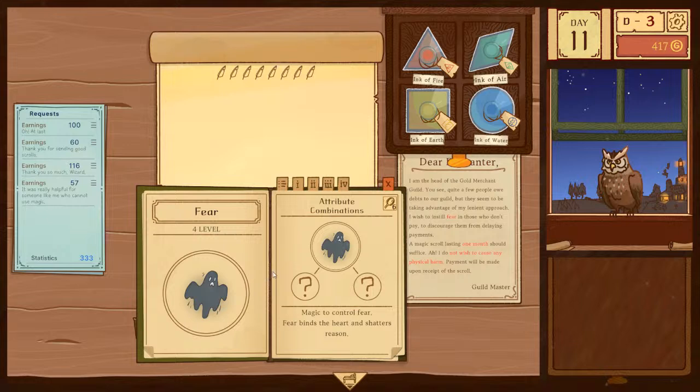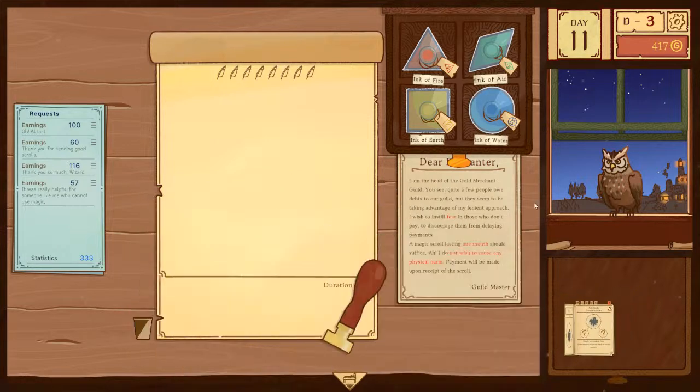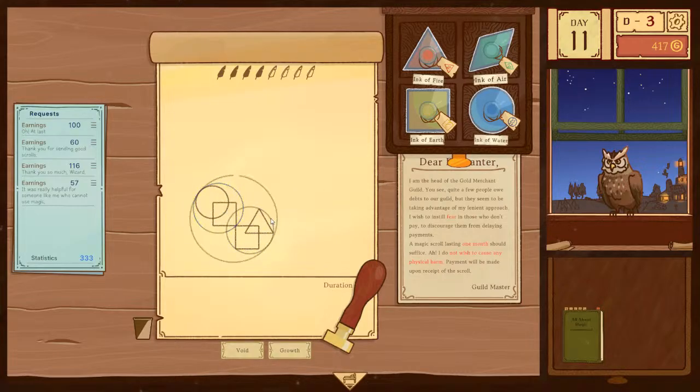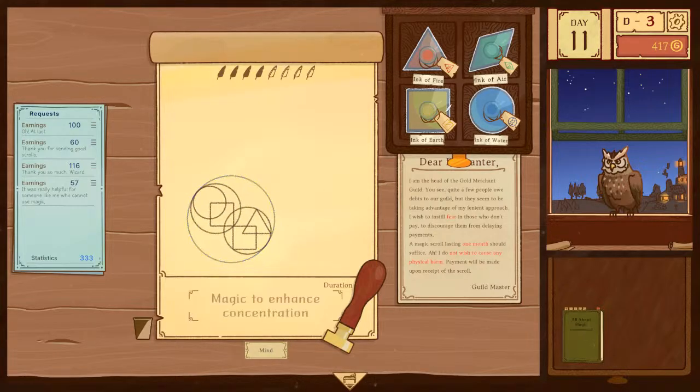Fear. Fear binds the heart and shadows reason. Darkness, probably. What did you do? Darkness. I just did darkness.